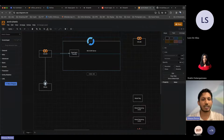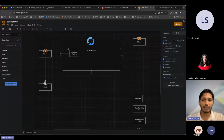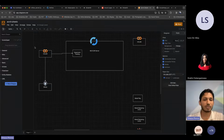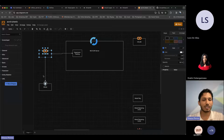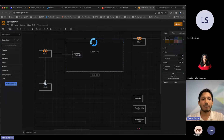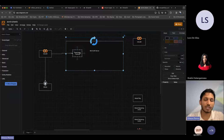I'll come back to the architecture and explain a couple of other things till that runs over. So to recap, we started with a Jupyter notebook or a Colab notebook. We connected with GitHub to make sure that we have a method of tracking our code. Very simple, the standard GitHub, standard code versioning. Then one extra thing that we did was connecting this to the experiment tracker, where it tracks what the source is, what data source we used, what file or notebook we used, the name of the notebook, where it is, and it will also track the